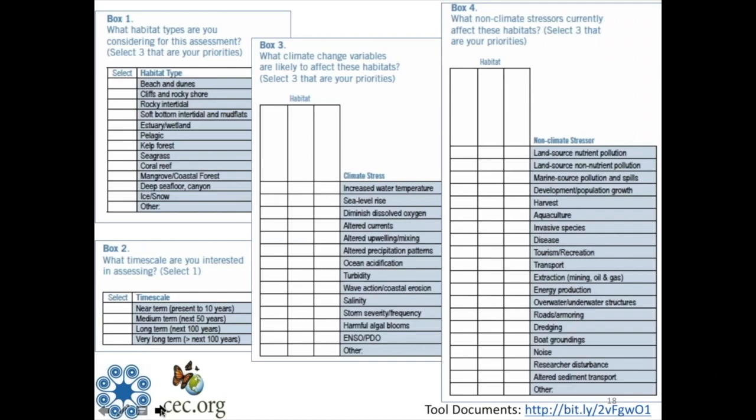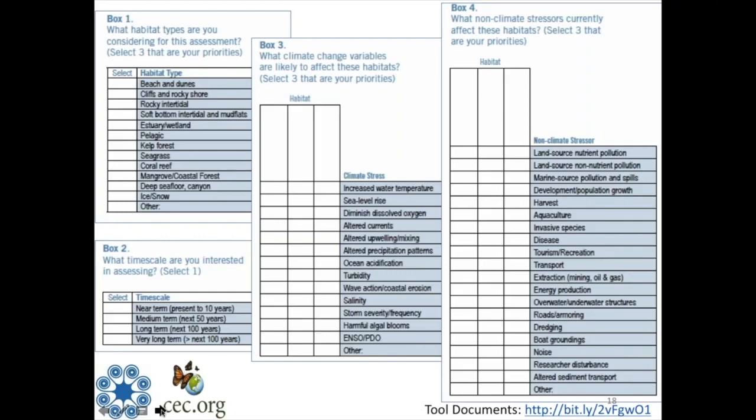And you don't have to create these out of scratch. The nice thing about this RVA tool is it's pre-populated with a lot of different ideas. So in these tables and boxes, are a lot of components that help get you thinking about this. In some cases, these overlap well. The tool is written for marine systems, so a lot of those are considered, given the west coast of North America. May not be appropriate everywhere, but if you're looking in a system that's completely different, like a terrestrial forested system, these pre-populated will not necessarily work so well, but you obviously get an idea of what you can put in there. Components of your habitat, different species populations you may be interested in, the different non-climate stresses in your region, that are appropriate for your own assessment.